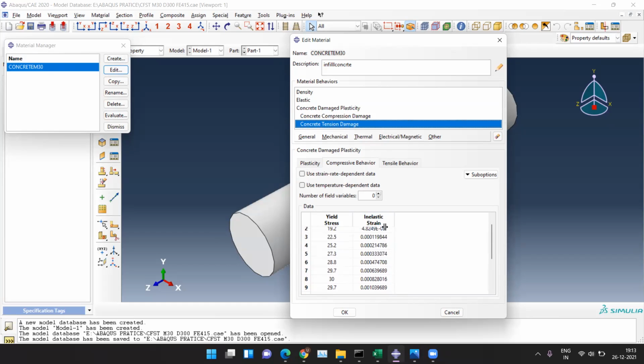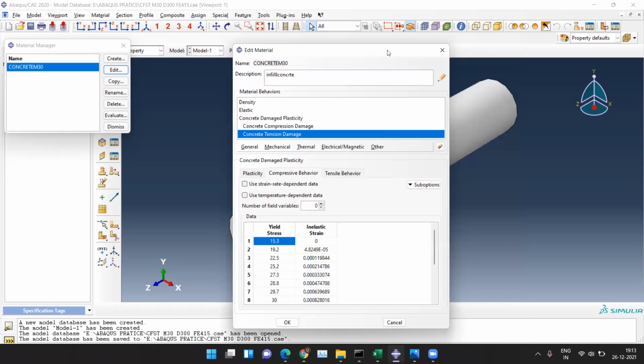Okay. So in here, you asked me how to get the temperature. There was one thing here, use temperature dependent data. Yes, yes. I searched for it, but I didn't get any compression data for use temperature dependent data for the concrete or something like that. So this was the basic M30 I wanted. I got the M30 data for concrete. So how should I take into account these things? Any temperature dependent data?